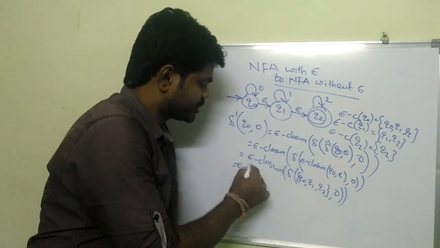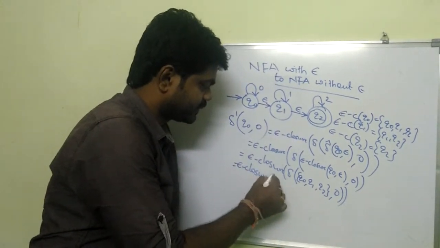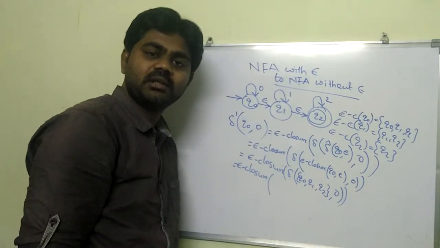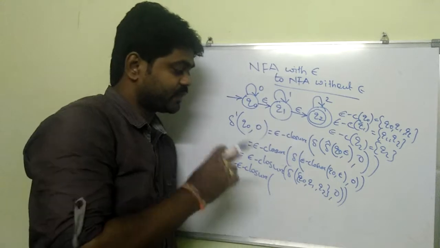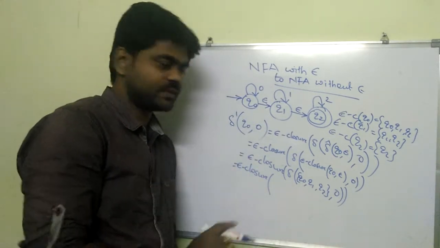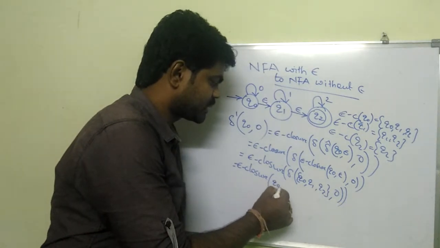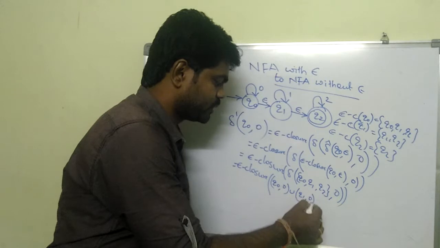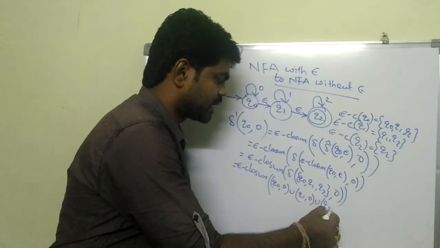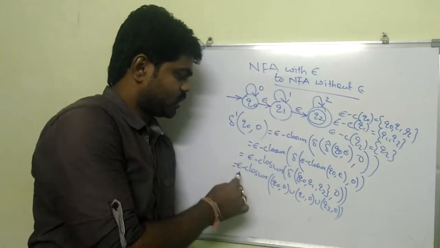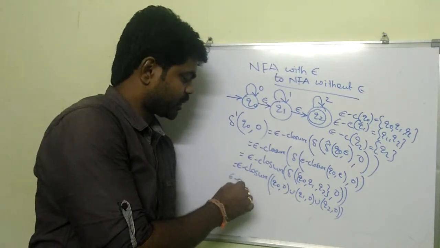So epsilon closure of, if I have Q0, Q1, Q2, comma 0, I can take the union here: Q0 comma 0, union Q1 comma 0, union Q2 comma 0. Right? Now, epsilon closure of